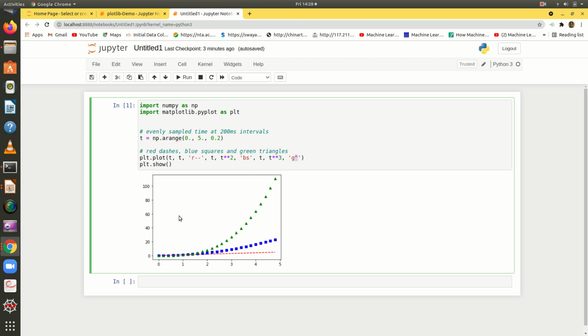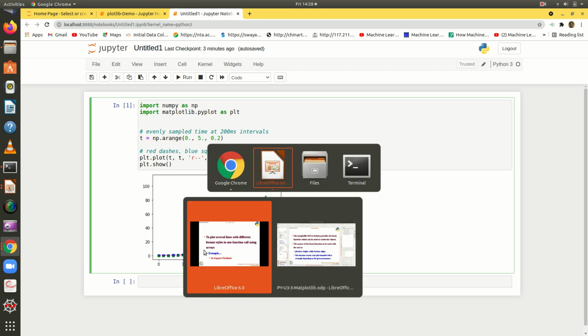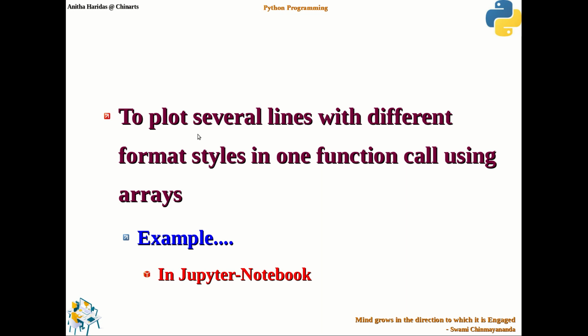That is the advantage. So if you want to plot several lines with different formatting styles in one function, I am not using more than one plot function. In a single function itself, I am plotting several lines, and that too each line with different formatting styles.